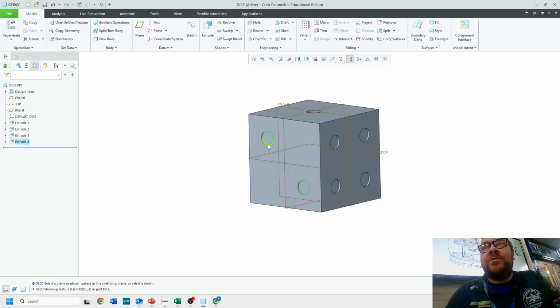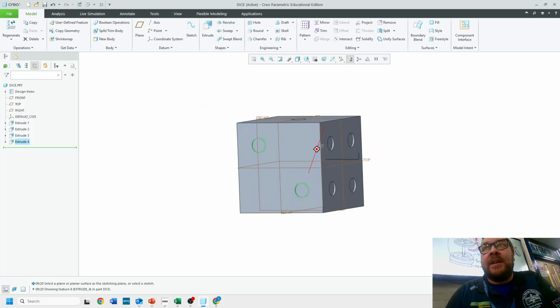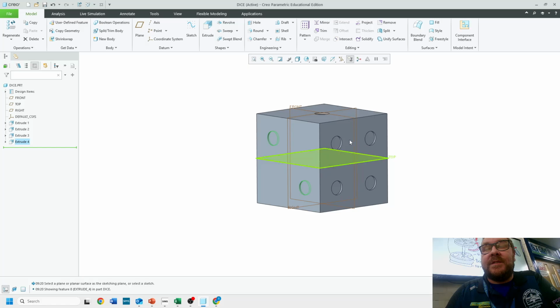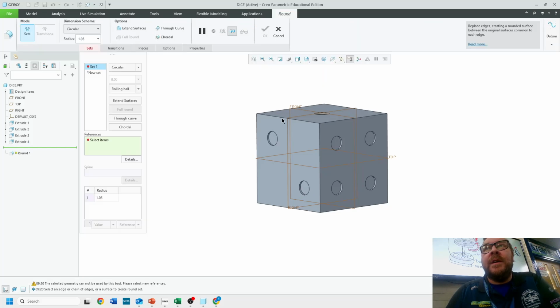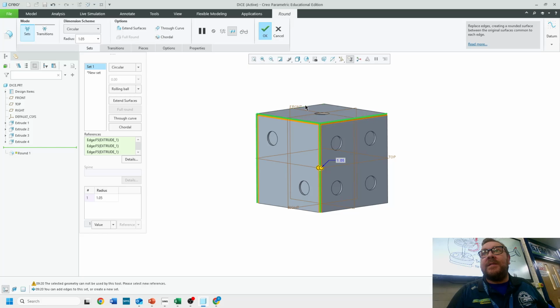I'm going to leave you to try and work out how we add a 3 and a 6 to the other sides. The next bit is to press round, which is at the top here. So I'll click on round, and all I'm going to do is hold down the control key on my keyboard as I select these edges. So I'm going to select every edge,